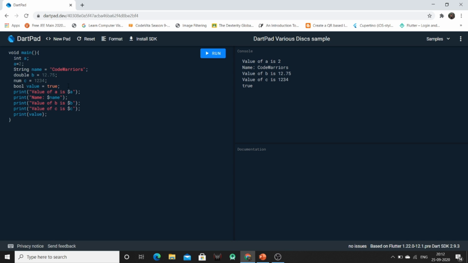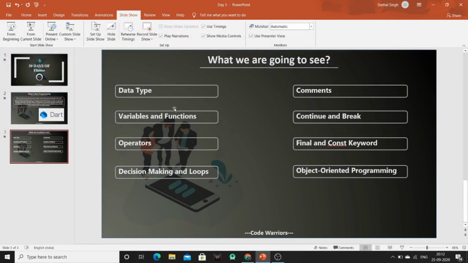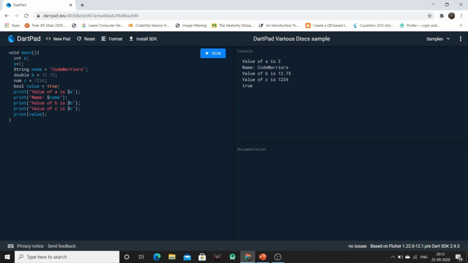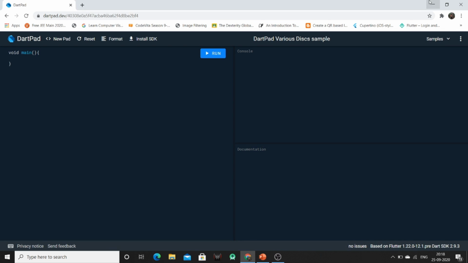Now after data type, we are having variables and functions. So now let's jump to the variable part. var is a dynamic type.